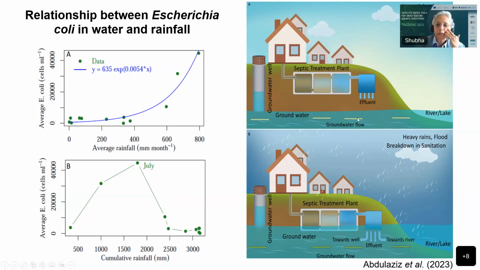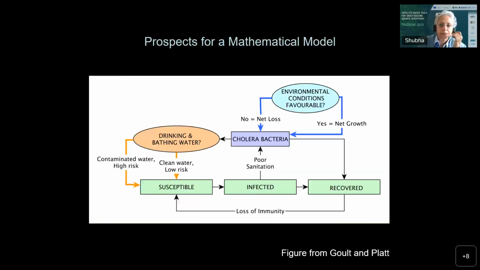In our current thinking, we feel that when heavy monsoon rains persist, the groundwater levels increase, and at some point they begin to reach the same level as septic treatment plants, allowing for cross-contamination of bacteria with groundwater as well as the rivers. So the problem could be a serious one.